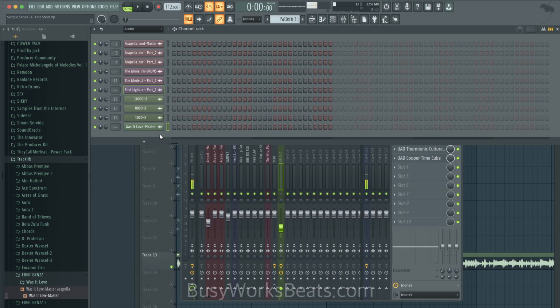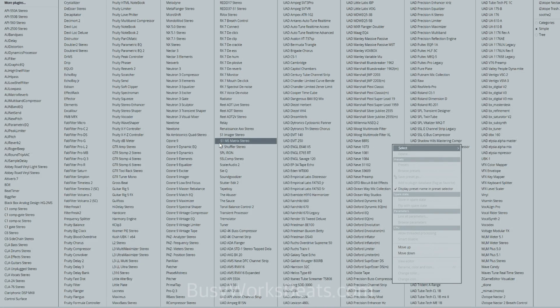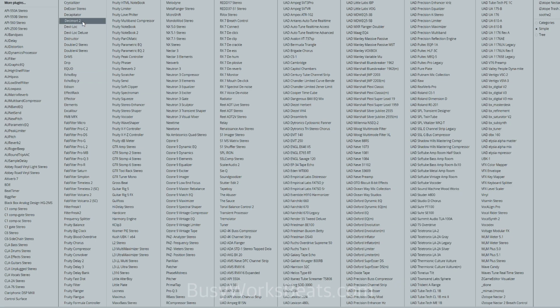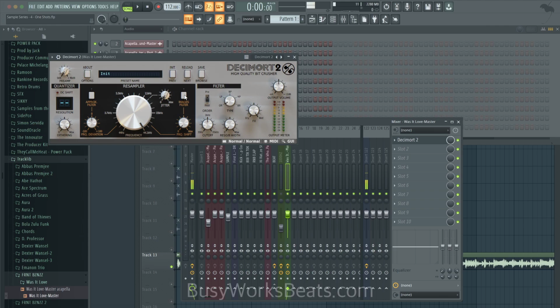Okay, so now we have that sound. Let's send it to the mixer. Hit Control L. So now I'm going to show you some more advanced ways. Another way you could do it is by D16 Group. There's a plugin called Decimort 2. For the longest time, I would just lower the sample rate and it would create that ring, and I would use the low pass filter to chop out the ring. But you don't have to do it that way.